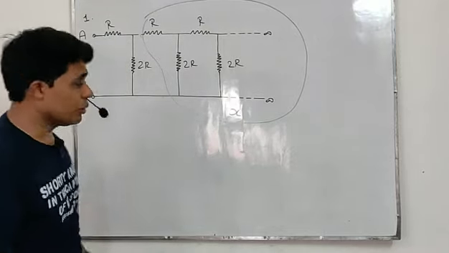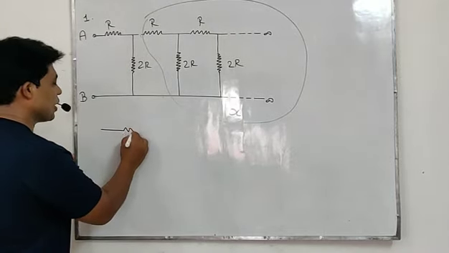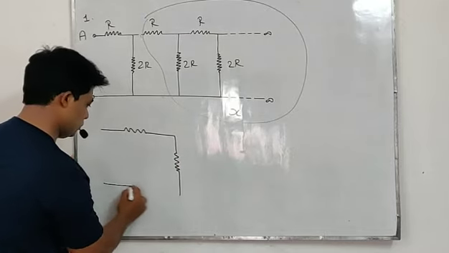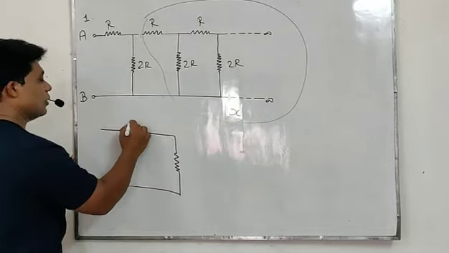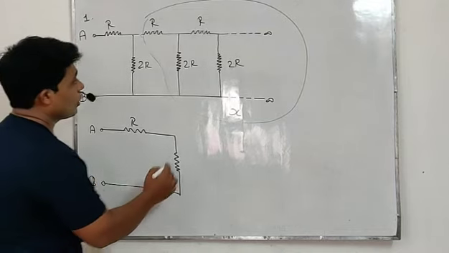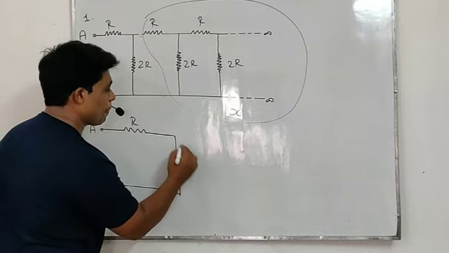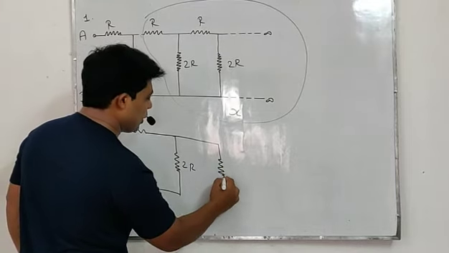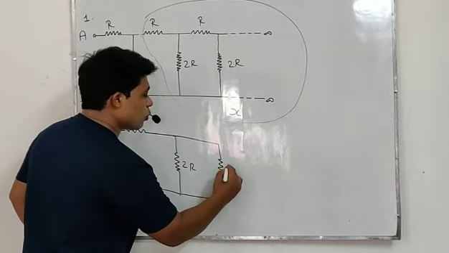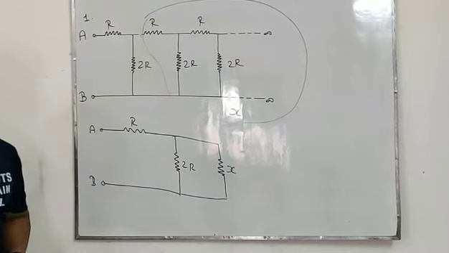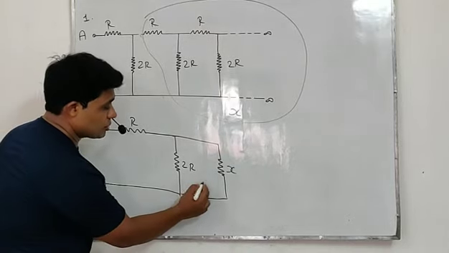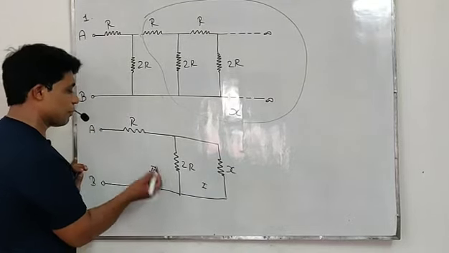So what we do, students, the total resistance of the entire circuit we will assume as X. Look students, I'm going to make the circuit diagram. This is R, terminal A, terminal B, and this is 2R. And this entire circuit we will assume has total resistance X. Now students, we always solve the closed circuit. This is the first circuit and this is our second circuit.